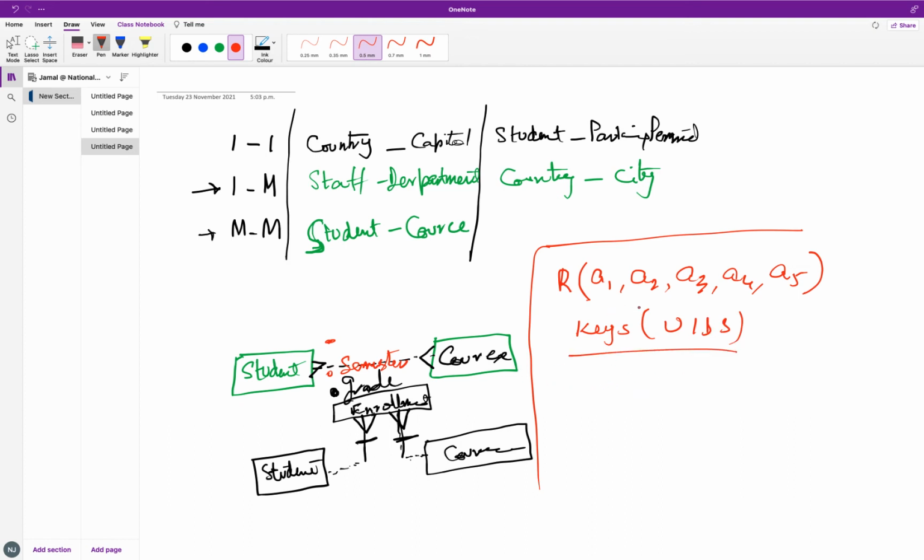So you just have to tell, if I take A1 and A2, it could be a UID, one option. If I combine A1, A3 and A4, it could be another option for a key. Remember, we have one term known as candidate keys. Do you know the meaning of candidate in elections? Do you know?